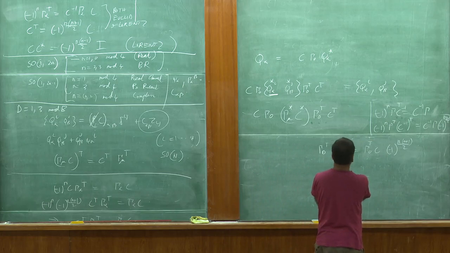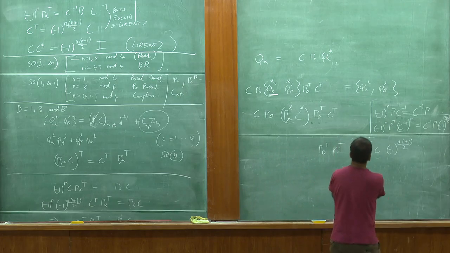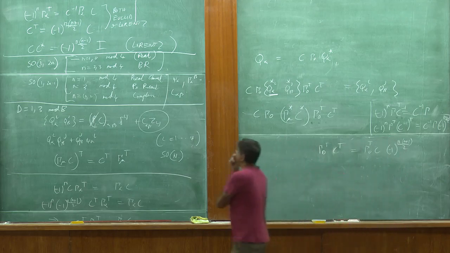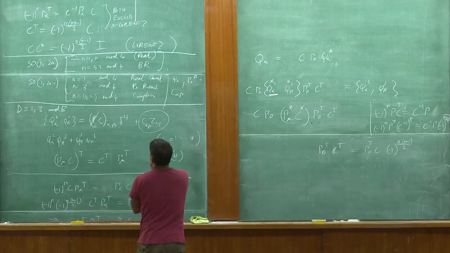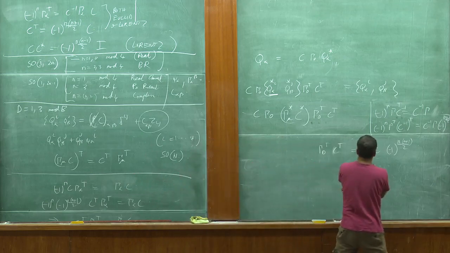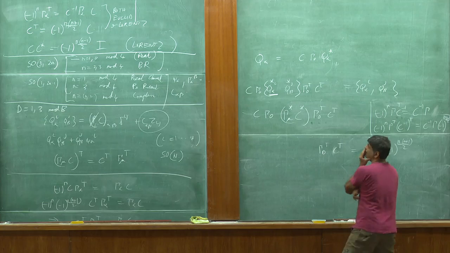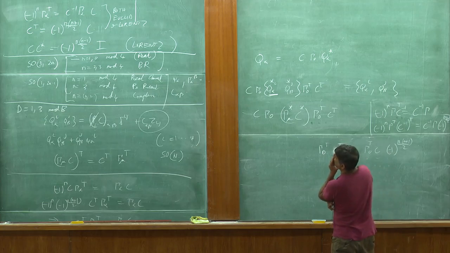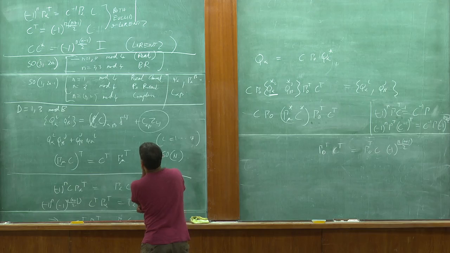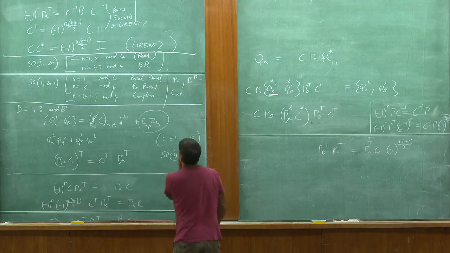And now our relationship with gamma transposes was gamma transpose times C inverse. So this will be the same as, I'll just take this through, gamma transpose times C inverse, and so I will get